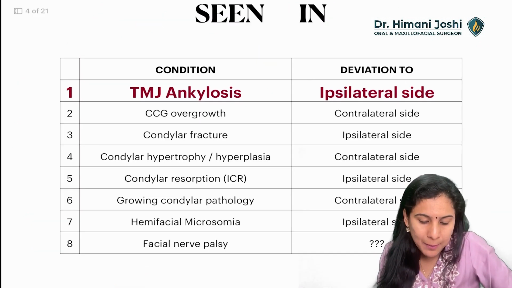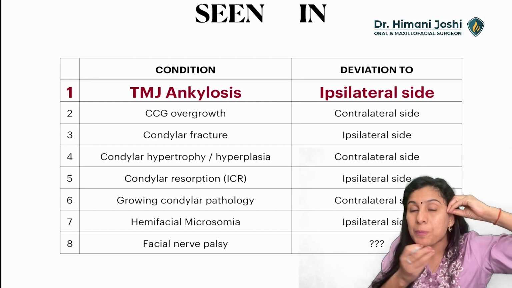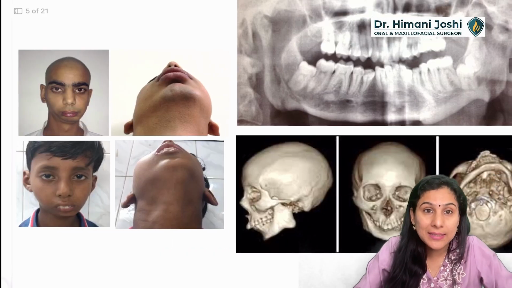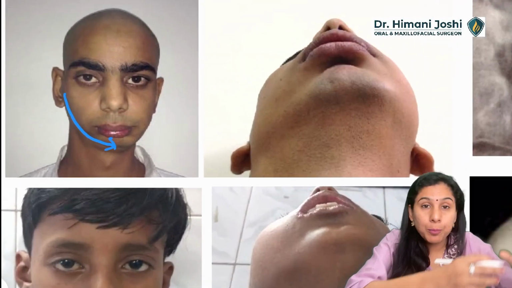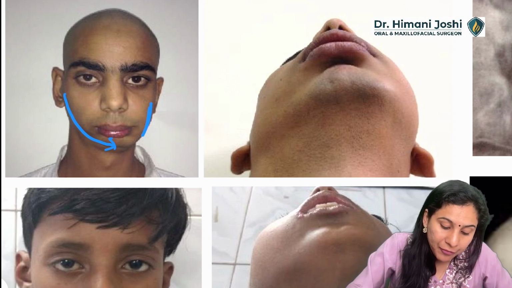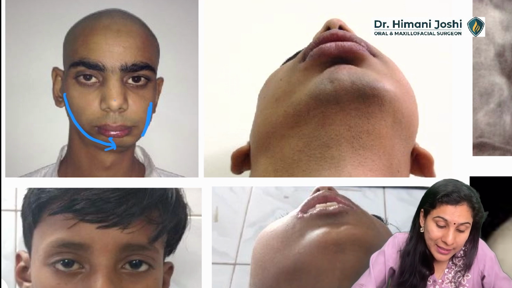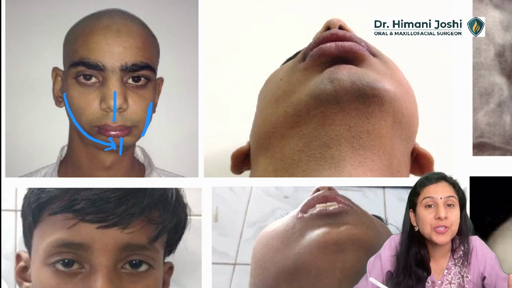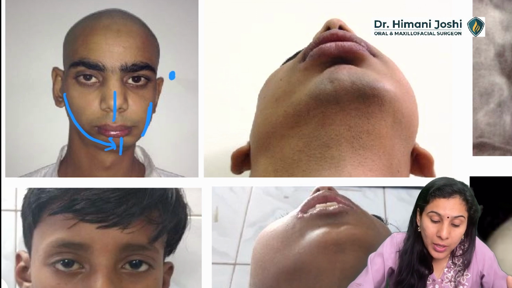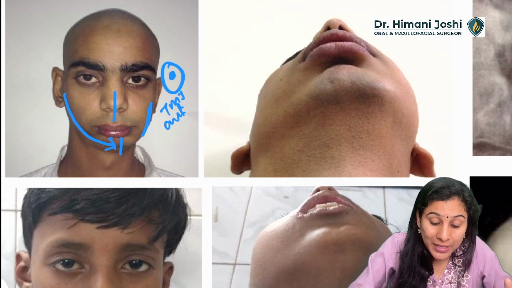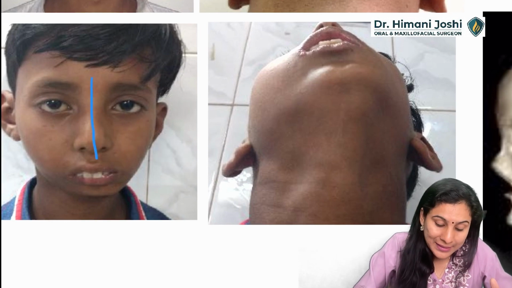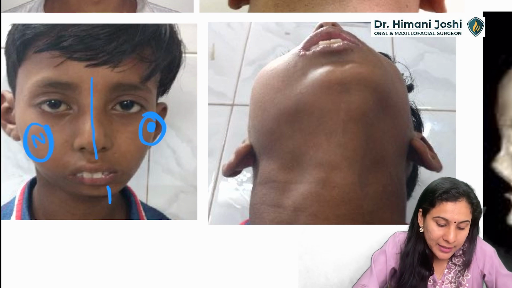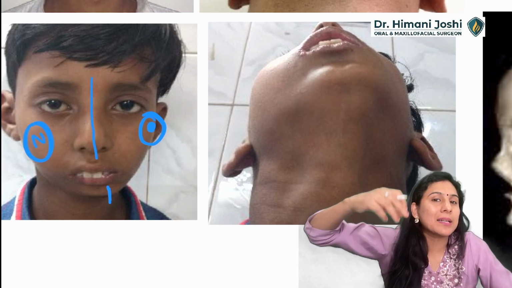Very quickly showing you some examples. First one, TMJ ankylosis, ipsilateral deviation. Why? You can see this first case here. This boy, this side is normal, so it is growing and pushing the chin to the other side. This side where we have fullness, it is not growing. So this is the normal midline and this is the chin. So deviation towards the side of TMJ ankylosis. So ipsilateral deviation. Similarly, you can see this boy. This is the nasal midline. This is the chin midline. Why? Because the left side has TMJ ankylosis, the right side is normal. So same side, ipsilateral side deviation.